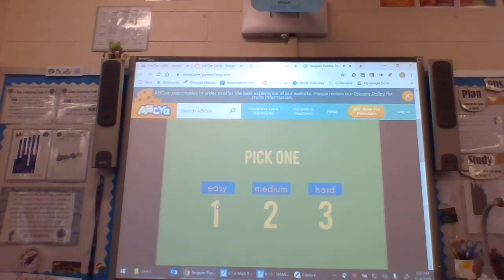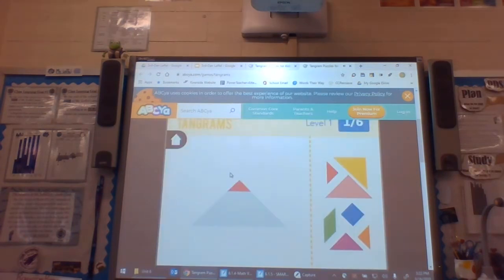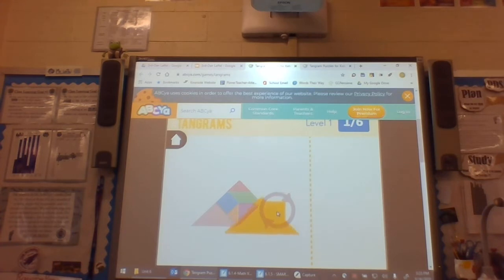So starting with the easy version, it actually shows you where the shapes would go. So you'd click this over here. You can maneuver and manipulate it and put it where it needs to go. And then it goes a little bit lighter, and you'd pull the next one. So once you've got each piece where it needs to go and you've dragged them,